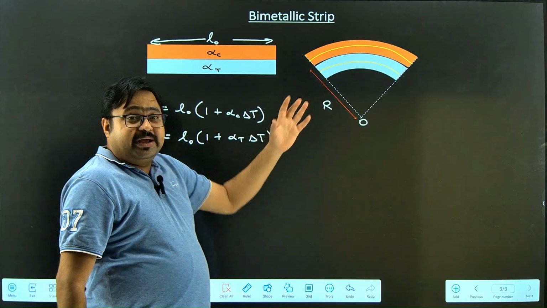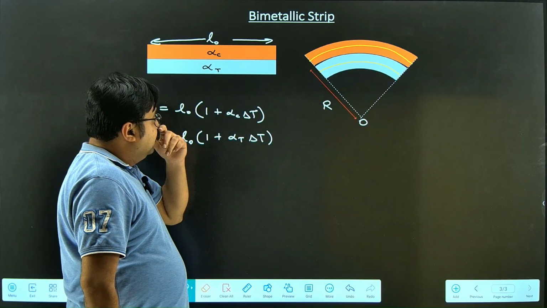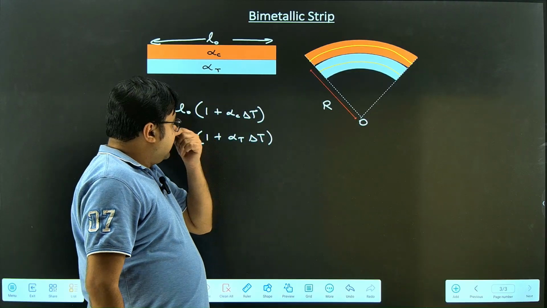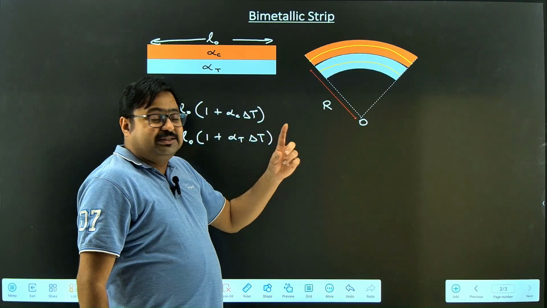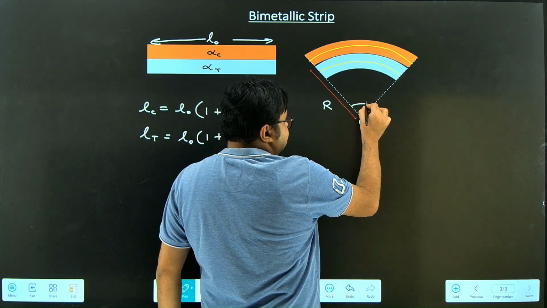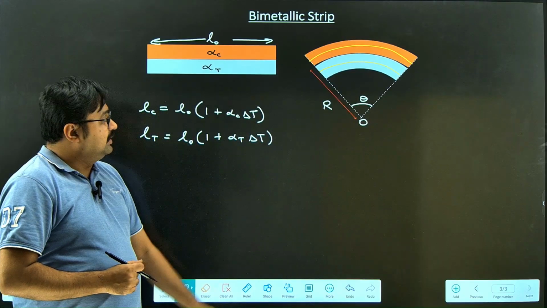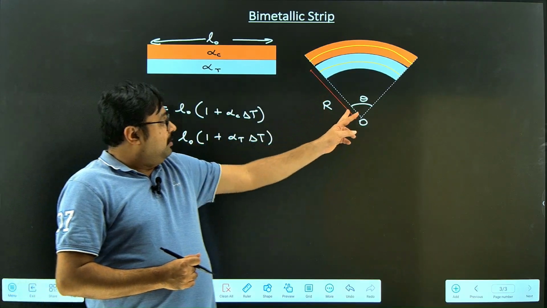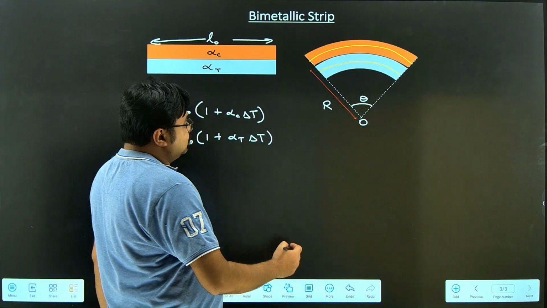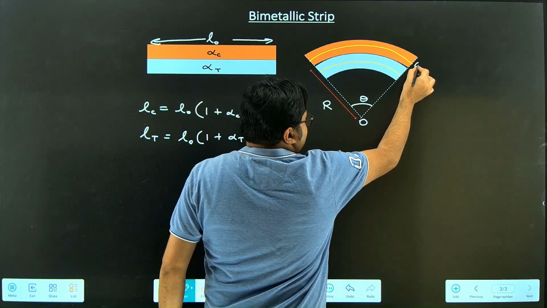Well, we want to today find the radius of curvature of the bimetallic strip. So what you do right now is write these lengths, relating them to this angle and radius. It's quite an easy job to do. The angle subtended by the bimetallic strip at the center, let's say, is theta. If that is the situation, and W is the width,